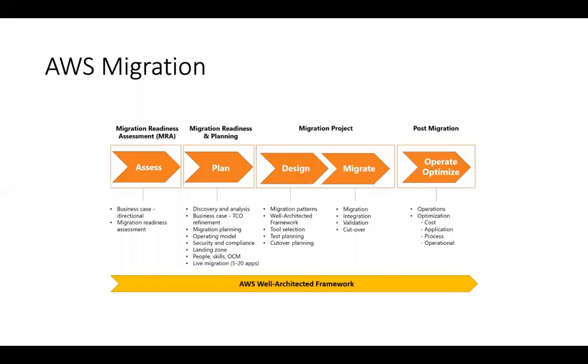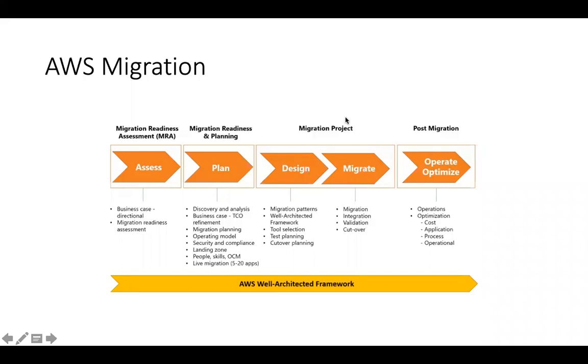The AWS migration tools help to assess whether your server, database and storage are ready for migration or not. Business case and migration readiness assessment can be done here. Next, planning. If you are migrating all the data, planning is obviously required: discovery and analysis, migration planning, everything in the Migration Hub. This is related to planning and your migration project.